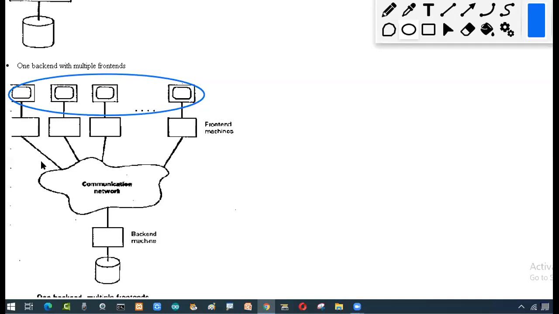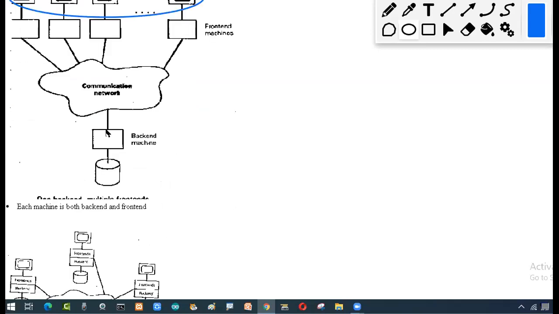They have a communication network. The communication network is like your internet, intranet, and extranet. It can be anything. When I'm talking about public sites, we will be using the internet. If you say corporate or institutes, then we'll be saying intranet or extranet. So organization to organization, when they want to communicate, we may use any communication network here, intranet or extranet or internet, but that is going to connect my backend.